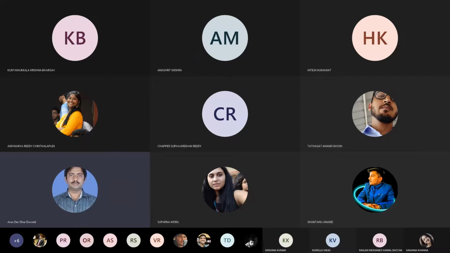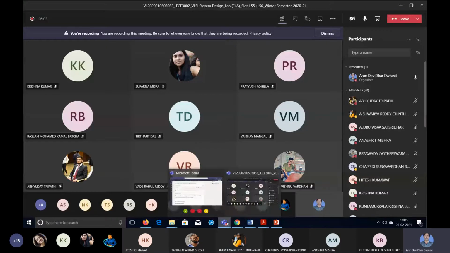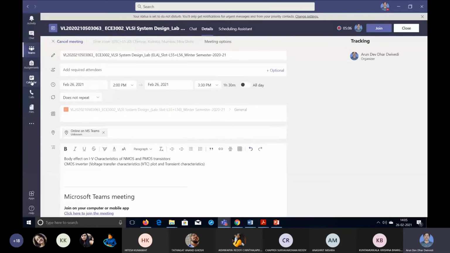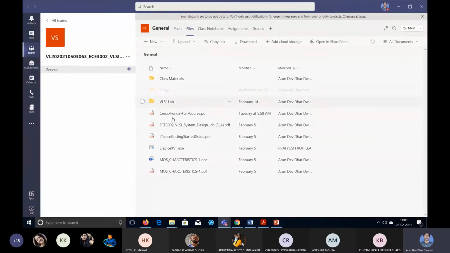So, dear students, now I am going to explain how to plot underroot ID versus VGS plot in Origin software. To understand this, you should install this Origin software, but how will you get it? I have already given it in the file section of your class. You can go here. There is a folder Origin. Select this complete folder, then select download, and download it and keep it somewhere in your system, and then you can start installing.